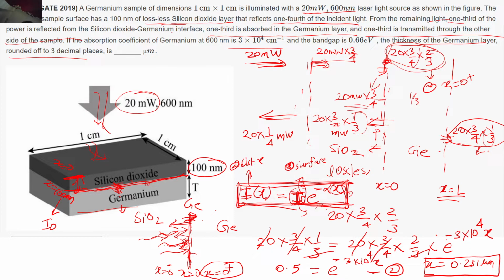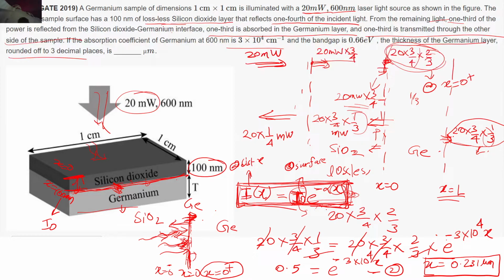And the moment I have this, my problem is solved, because I have calculated everything that I require to use this equation. That's why we always suggest, like somebody had asked me a very good question, somebody had questioned the assumption itself in the PN junction, why there is no recombination in the depletion region. So we always encourage you to question the assumptions. If you had not known the assumption made in this equation, you would have directly taken the power that is hitting this interface. You would not have taken into account that reflections are also happening over here.